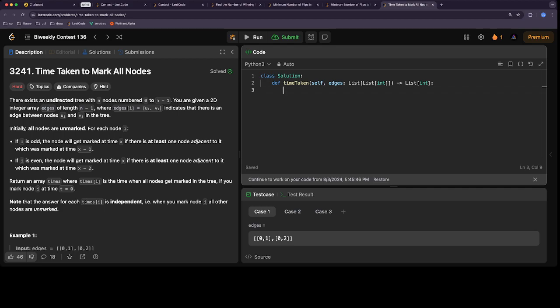Okay, so let's move on to question 4. Time taken to mark all nodes. There exists an undirected tree with n nodes numbered